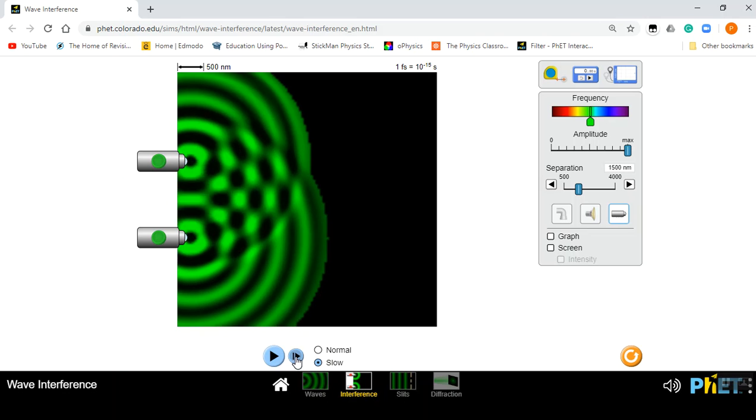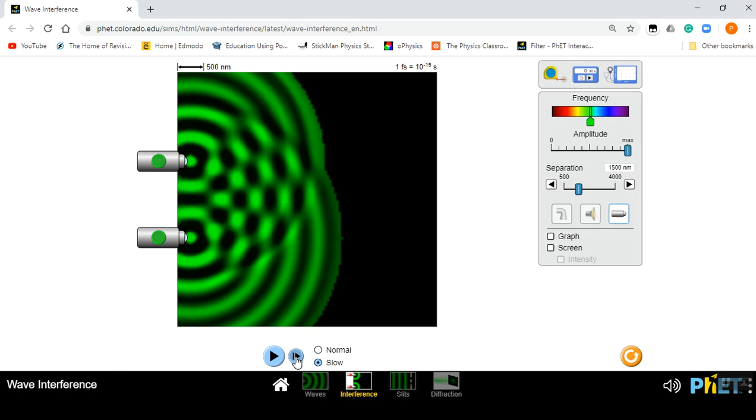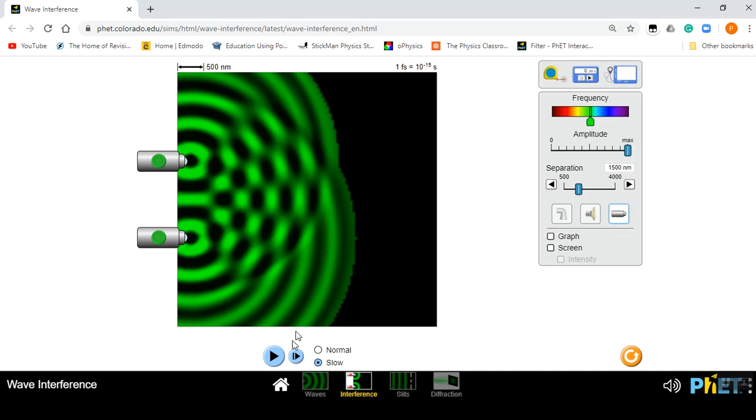Where crests meet crests, that's every half wavelength. We know half a wavelength is pi or 180 degrees. So every half wavelength where this crest and that crest meet, we will have constructive interference. If we look at the different lines, 1, 2, 3, 4,